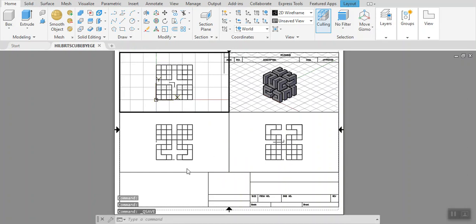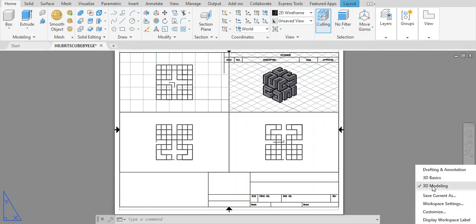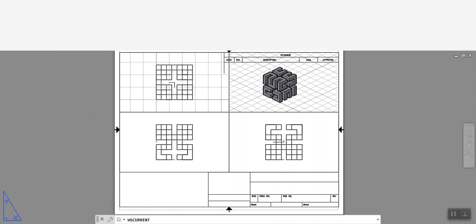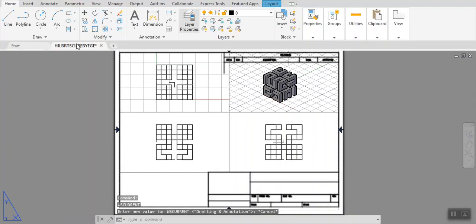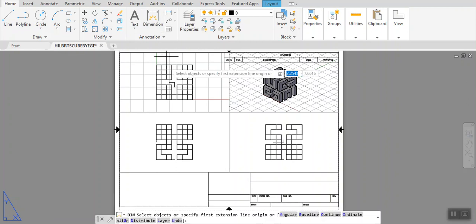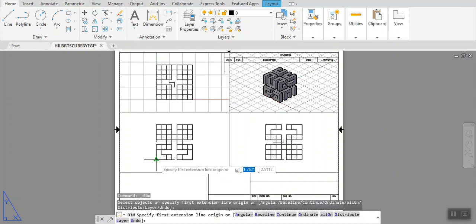And now we need to type the letters. You need to go back to paper space because we need dimensions. Dimensions are very important. Annotation is extremely important. For that, you have to be in the drafting and annotation menu. So click on that and select the dimensions. You need a few dimensions